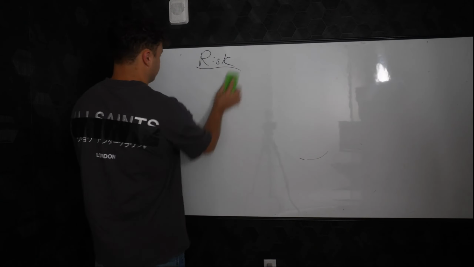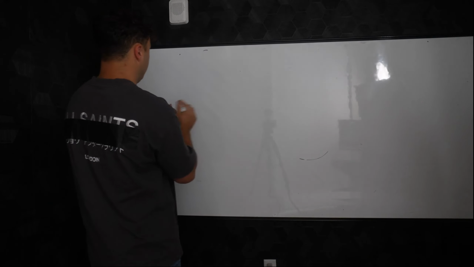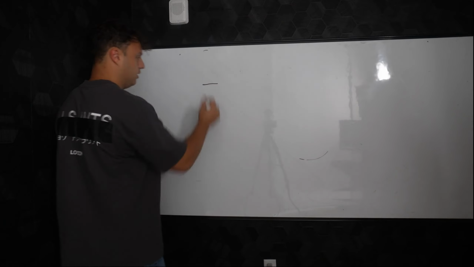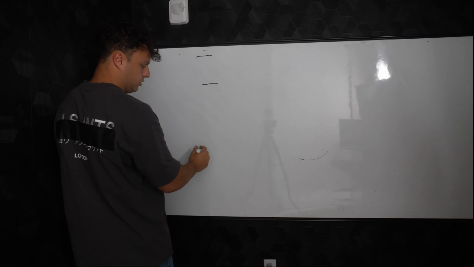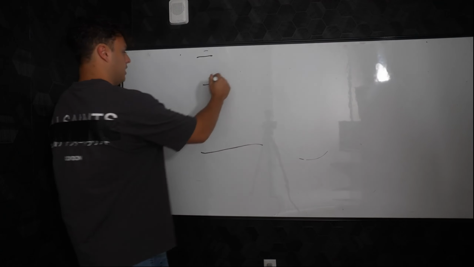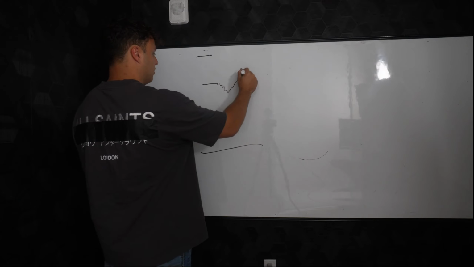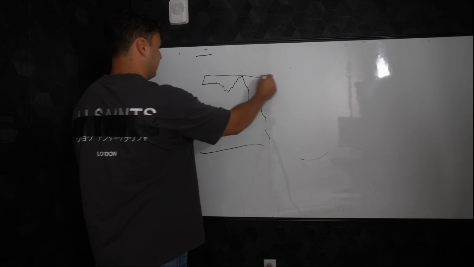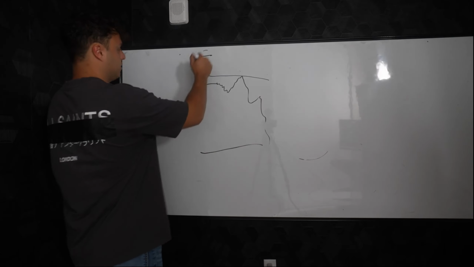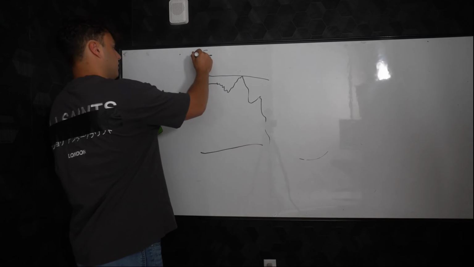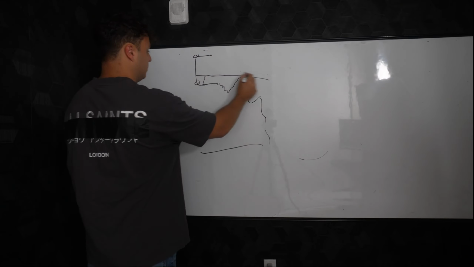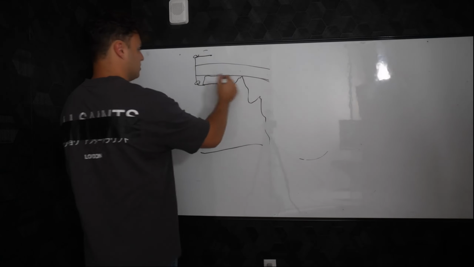So let's say that you have a trade, right? Let's say you take your entry here, your stop loss is here, and then your take profit is all the way down here. And then price starts moving, right? It goes up here, down here, up here, down here. Okay, well, you went into drawdown in this area, right? But what you're going to do is grab a Fibonacci, and you're going to put it from your stop loss all the way to your entry point. And you're going to divide it into three, right? Boom. This is going to be your first third,